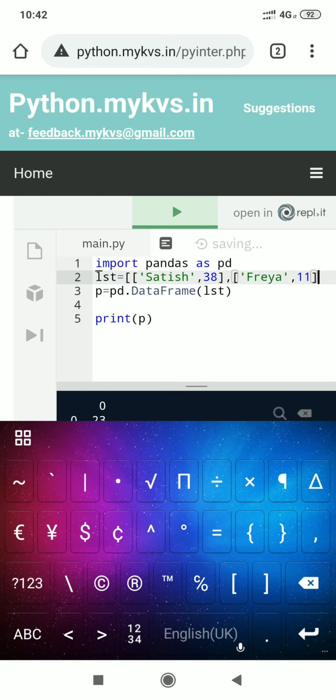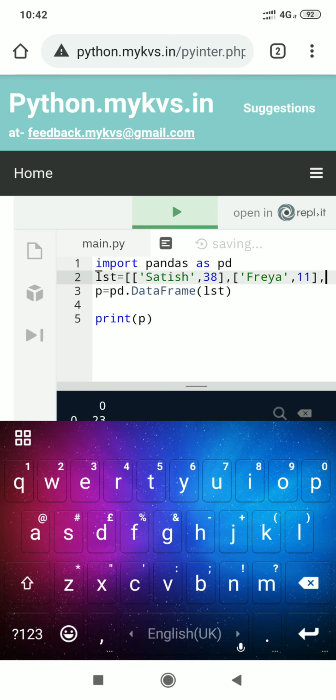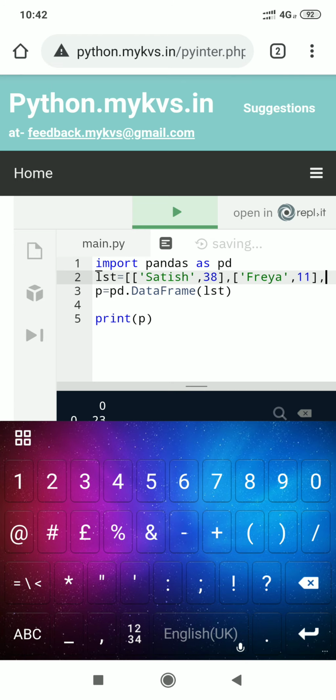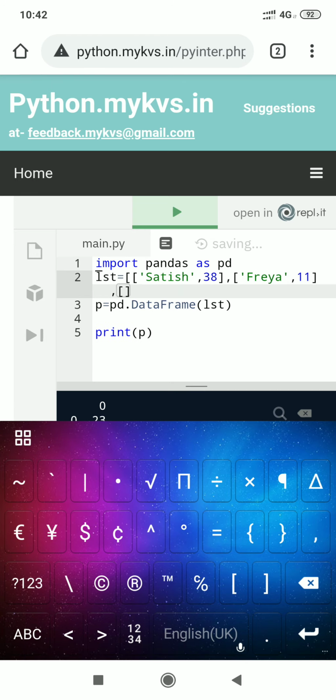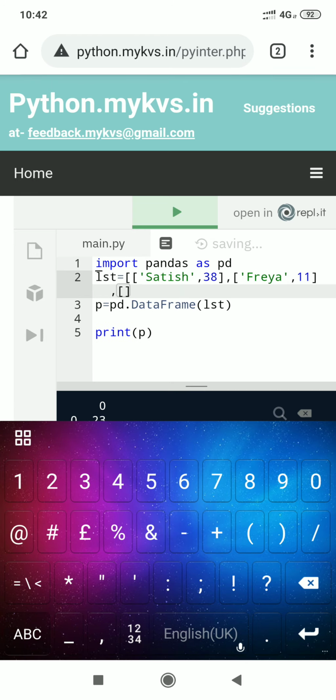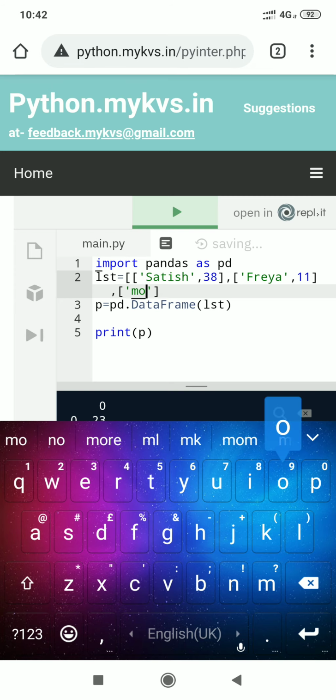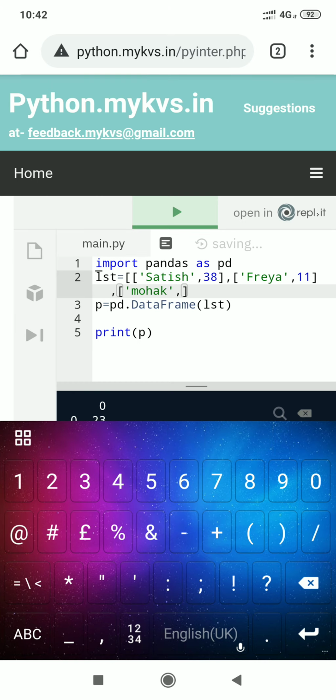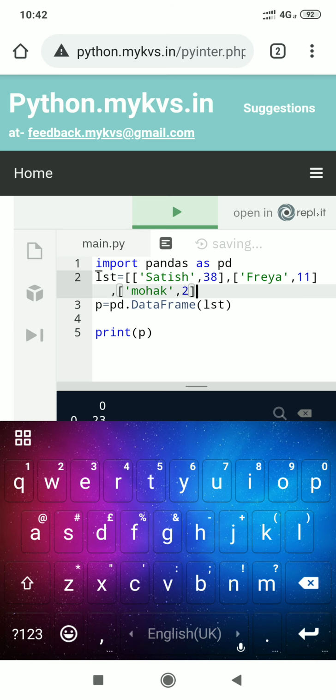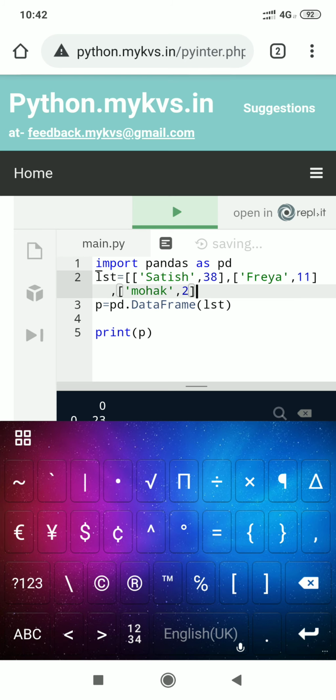And we create one additional row with an additional list. Here we mention Mohawk and its value 2, and we close the main list.